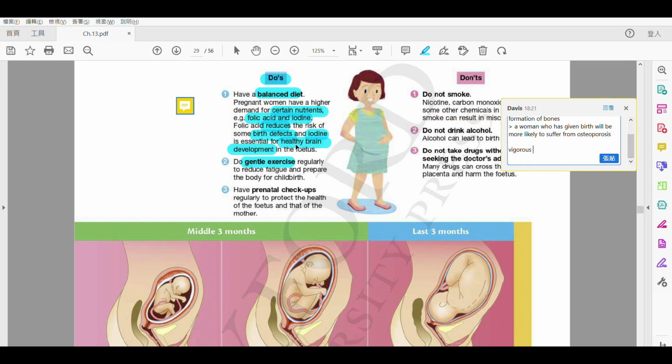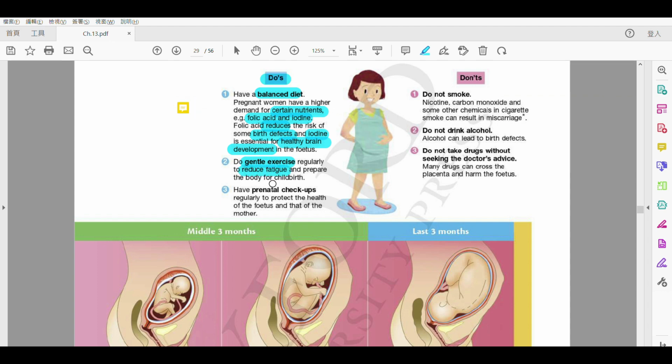Alright，咁然後啦，原因就係咩啊？就係一個 gentle exercise 啦，會 reduce fatigue。fatigue 就係解疲倦啊。Alright，reduce fatigue 啦，同埋係 prepare for your childbirth 嘅。即係代表你喐動多少少，if your muscle contracts and relax more often，somehow you can give birth more easily。